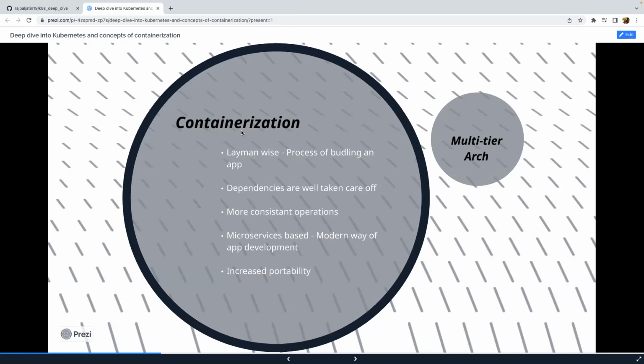It would also enable more consistent operation. How, I'll say. With the bundle, you have all the dependencies with you, and you have created kind of a package. Okay, don't take that as a package, but I'm just explaining in layman terms, so understand it in that perspective. So kind of like a package, and that package is something that you can deploy anywhere, and wherever you deploy, it will have a more consistent way of working.